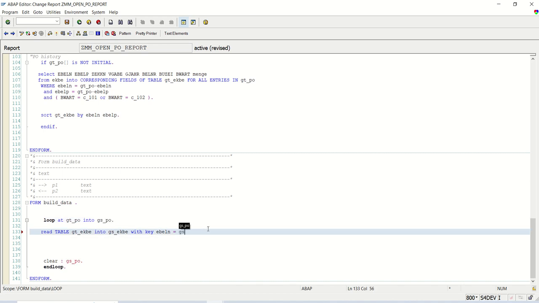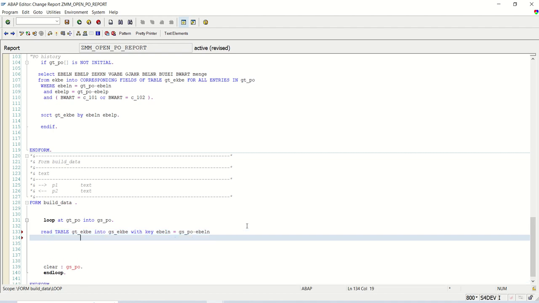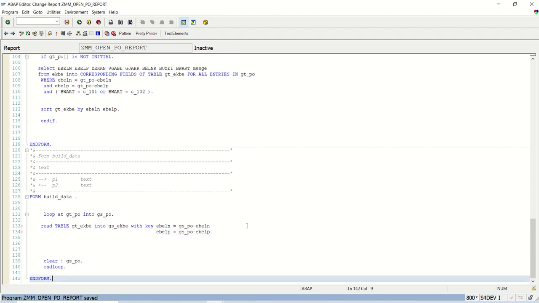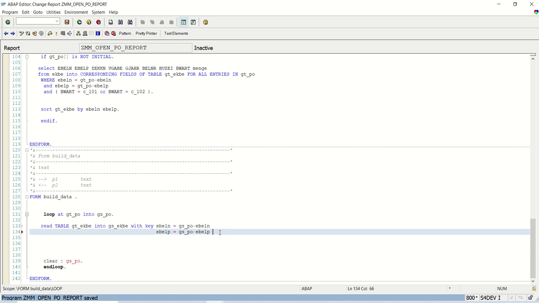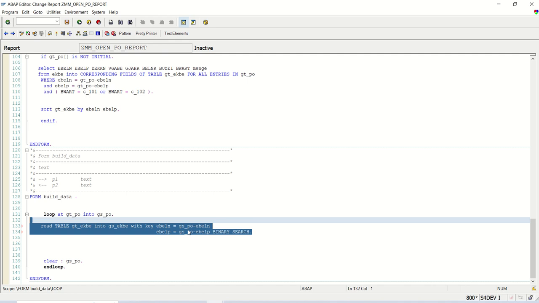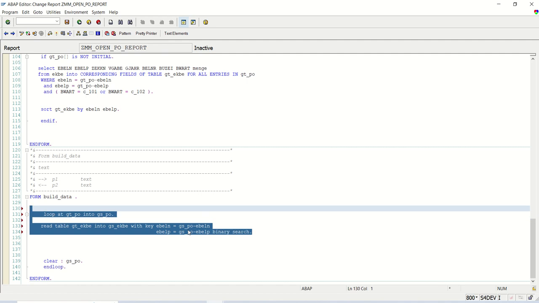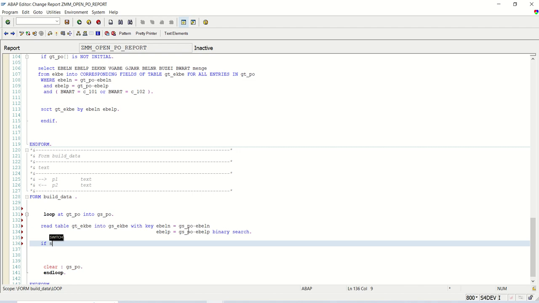So here we have to write GS underscore PO EBELN, and the second key, because in one purchase order there can be multiple line items, is the line item EBELP, equals GS underscore PO EBELP. And here we have to add binary search. What is binary search? We will learn in our syntax learning. With the binary search, the search operation will be fast. Fine. So here, if sy-subrc equals 0,